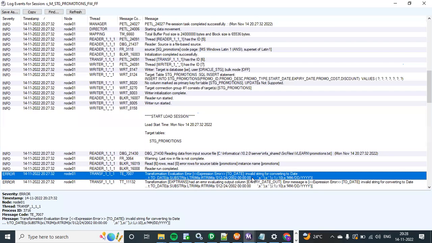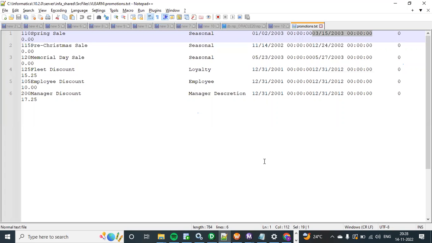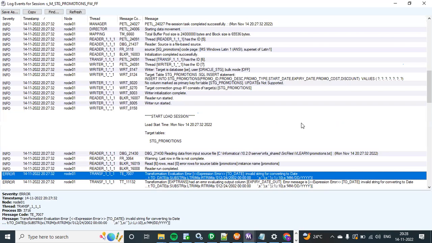So we have to keep from 1 to 9 characters. Pardon? We have kept 1 to 10 characters, right? So we have to decrease by 1 and keep 1 to 9. No. Ultimately, when I'm taking this data, 1 to 10 means of course it is coming properly, there is no issue. But when I'm doing a conversion, if you look at this,